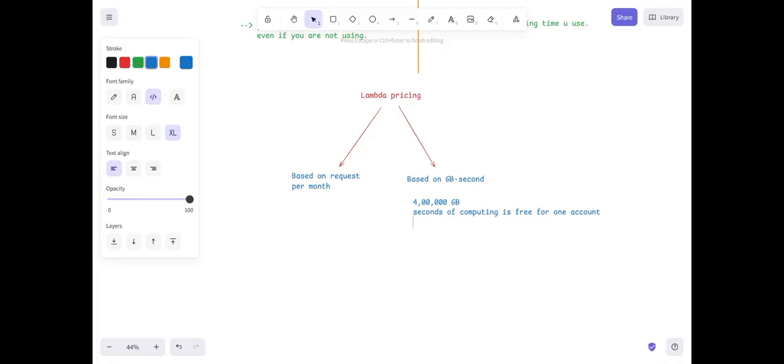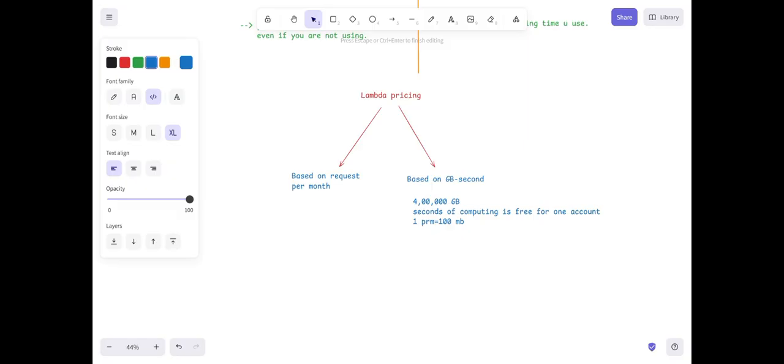Understood, guys? So now, if you have written one program, this is one program. Okay, so this program is 100 MB.